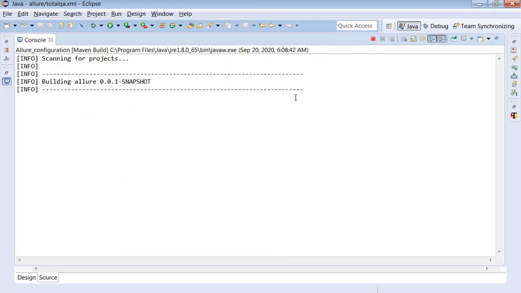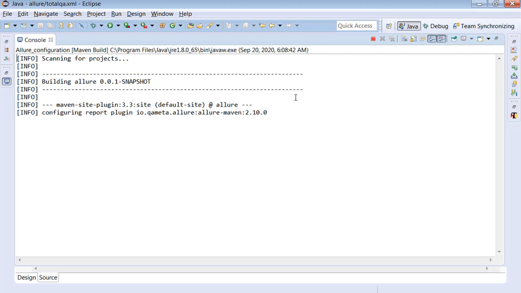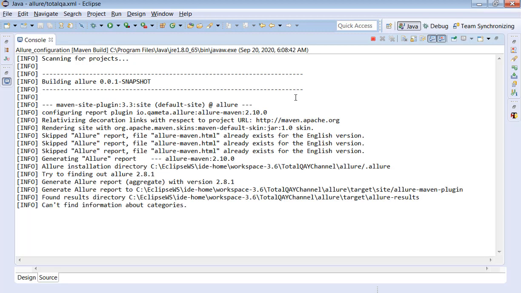Let's see what happens now. Before we rerun the project, we have to copy the history folder from the target site Allure Maven plugin, and copy this under the Allure results. That's a manual step we have to do.